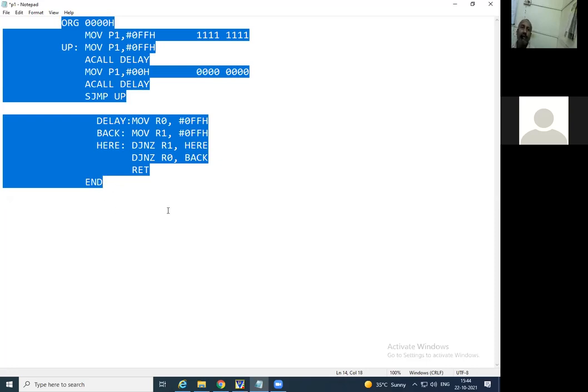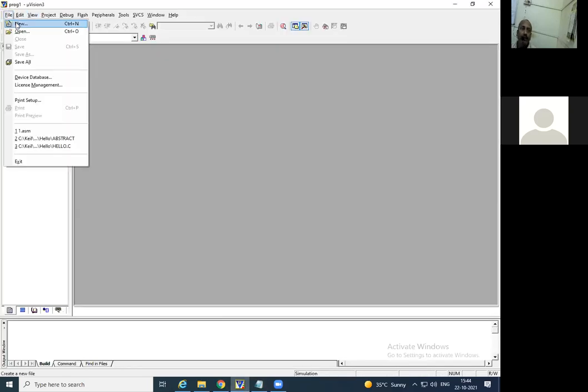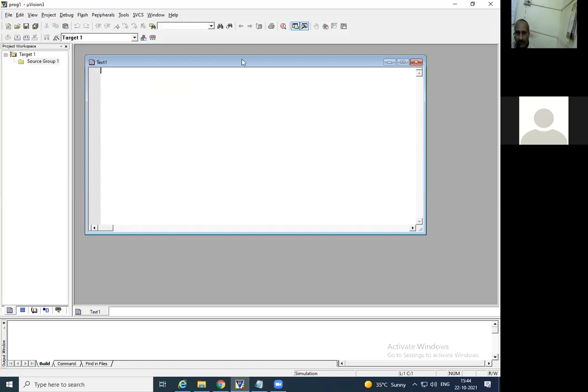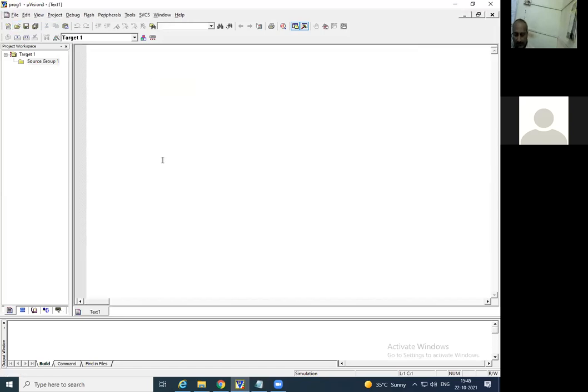By using this Keil software, let us see how we can see the simulation. So what is our aim? Just copy this code, you are supposed to write it. I have already written it, so I will copy. And here File, New, this is the next stage. After this just paste it. So this is the code I have pasted over here, whatever we have discussed right now, as it is.